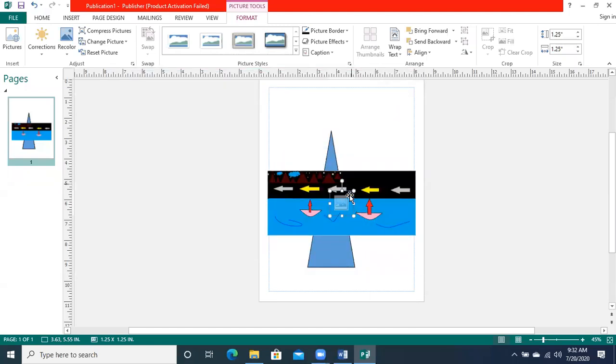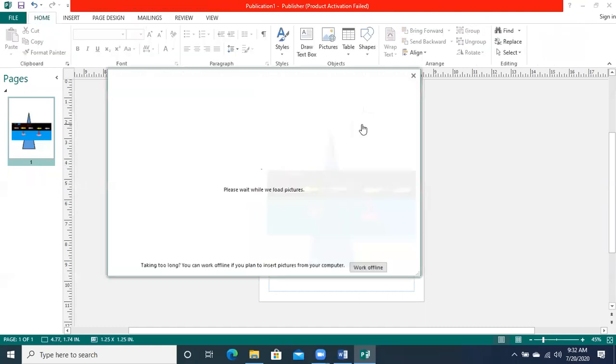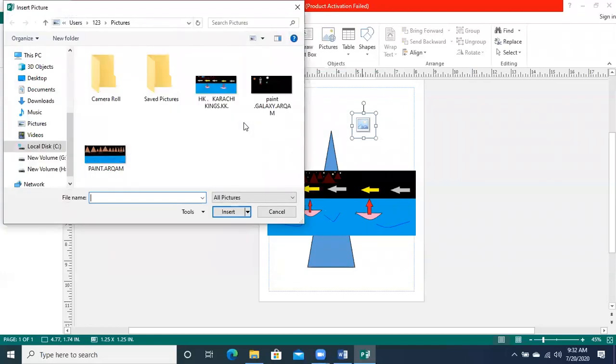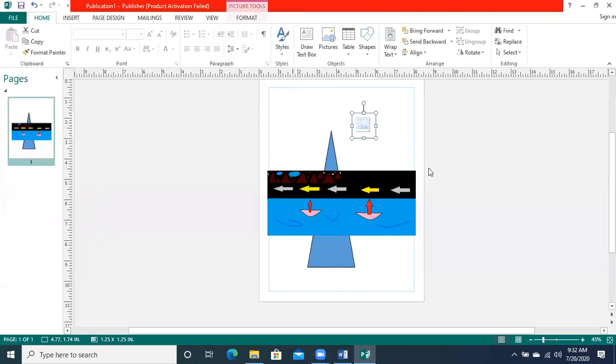Picture holder is basically a blank holder. Right now there isn't anything in it. But when you click on it, it gives you 3 options to bring the picture in your file: from your computer, from searching through the internet, or from your Google Drive, or from your OneDrive, wherever you have got the picture. So you can click on it and bring, for example, if I click on my computer, I can bring any picture from anywhere browsing my system.